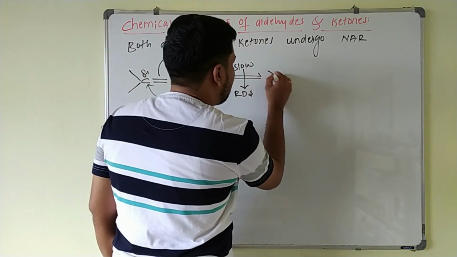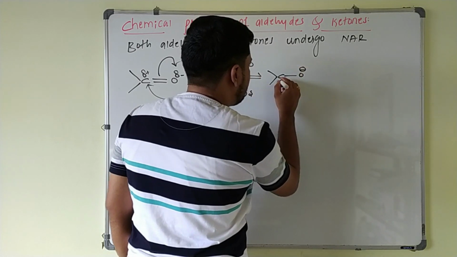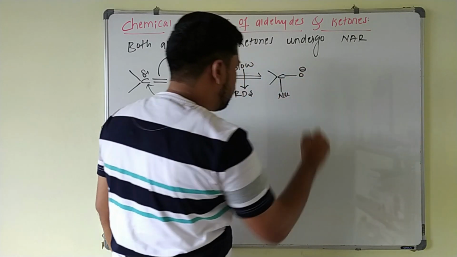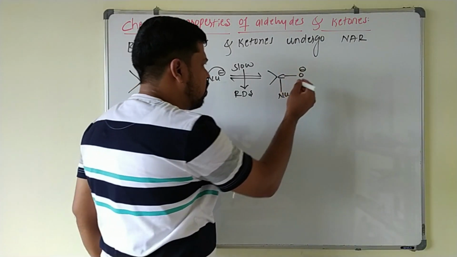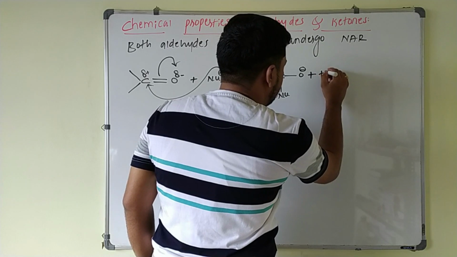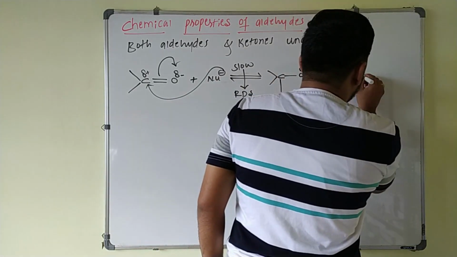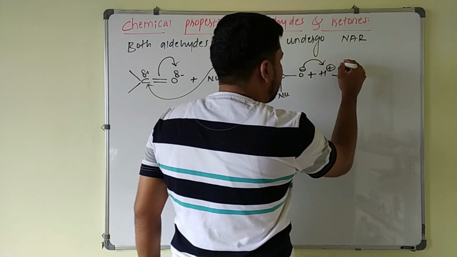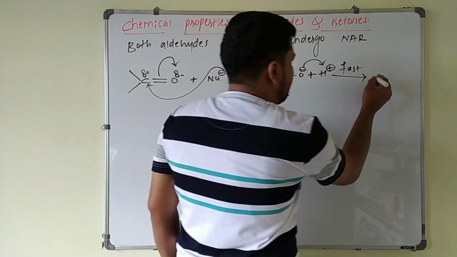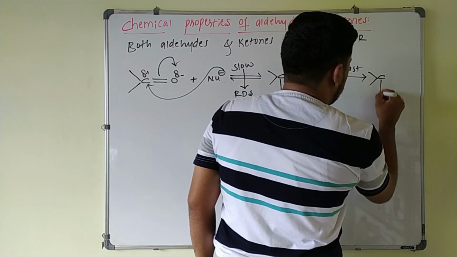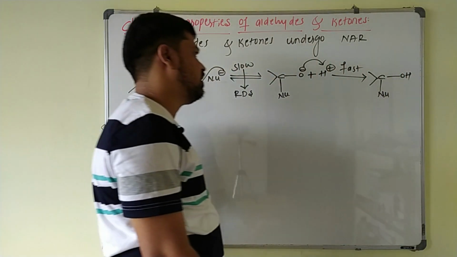Once the nucleophile attacks here, the oxygen gets a negative charge, and here you are having the nucleophile. And in order to give the neutral species, this oxygen captures a proton from the medium, so this is added to this one, and the capturing of this proton is what? Fast step here. This takes place rapidly, so that you can write this carbon, here one nucleophile is added, and here OH will be coming here.